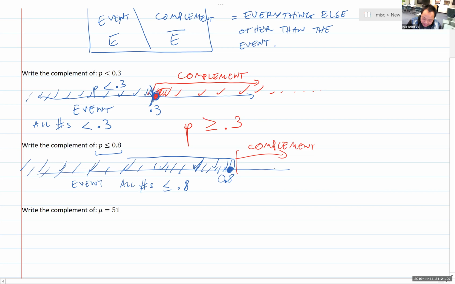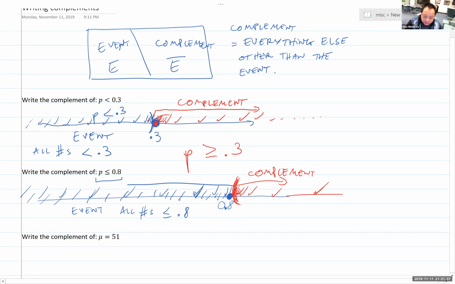And it can be 0.9, 1.0, etc. 0.85, 0.84, 0.83, 0.82, 0.81, 0.801, 0.80001. It comes very close to 0.8, but it will not get 0.8, because 0.8 already belongs to the event, so it cannot belong to the complement. Okay, so if you look at the Venn diagram again,